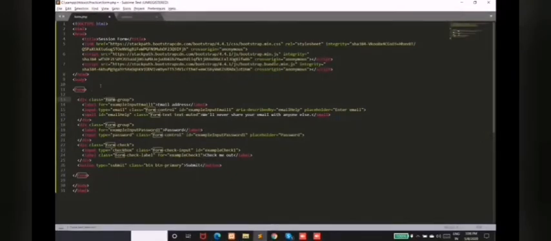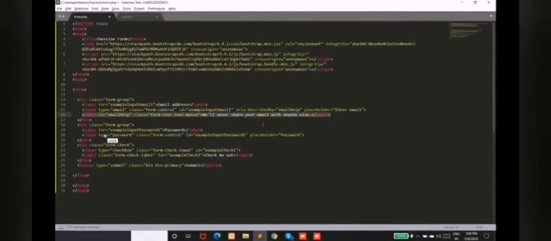You can see there is one component as label, the second is input type. Input type is nothing but what we call a text box, where you can enter the data.